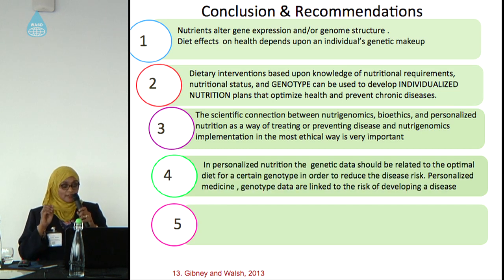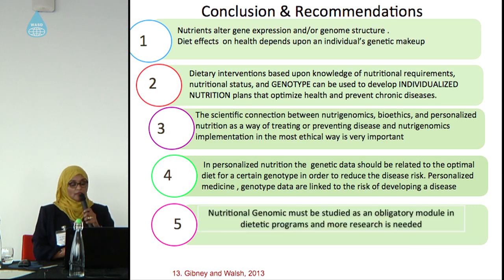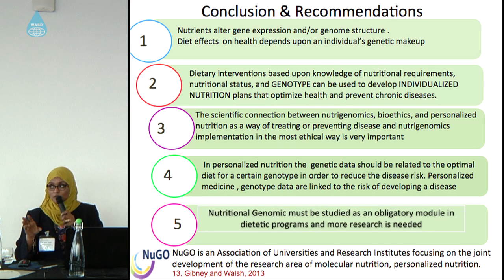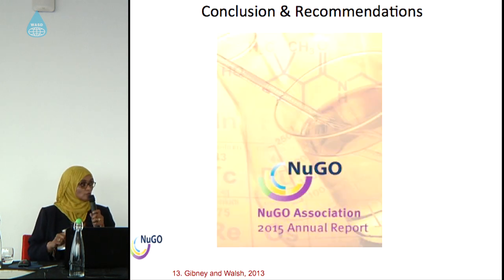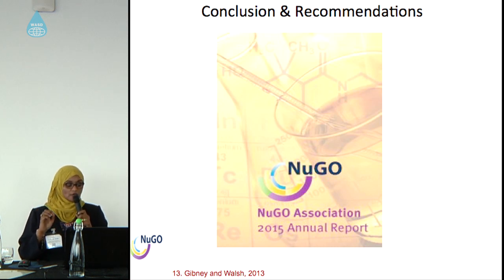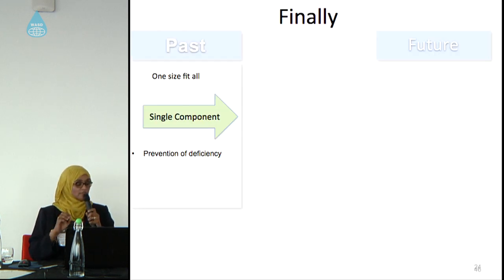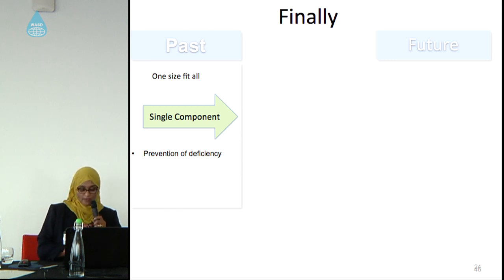Also, there is a very important point we have to think about in nutrigenomics, the ethical aspect, because we have to treat it very carefully. Nutritional genomics must be supplied and studied in all the departments of clinical nutrition, as an obligatory subject. Here in Europe, we have nutrigenomics organizations and associations. They do all the research and reviews for personalized nutrition, and every year there is an annual report about nutrigenomics from the